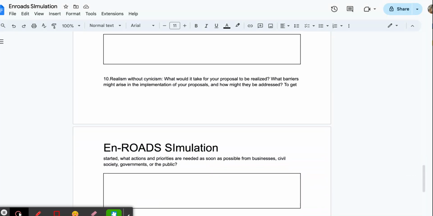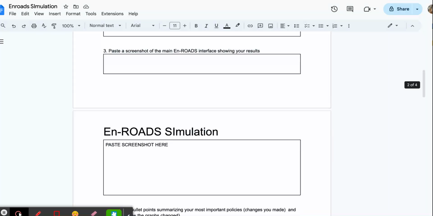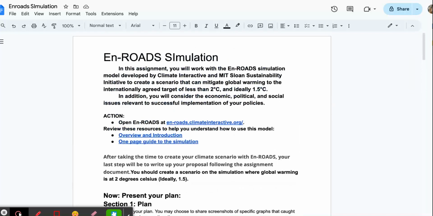And then realism without cynicism. What would it take for your proposal to be realized, and what barriers might arise in the implementation of your proposals, and how might they be addressed? To get started, what actions and priorities are needed as soon as possible from different businesses, civil society, governments, or the public? So you have today in class, which is Wednesday, and then you're going to have Thursday,